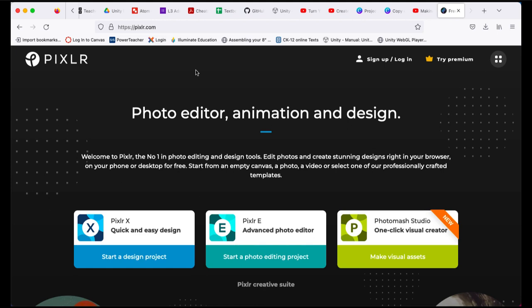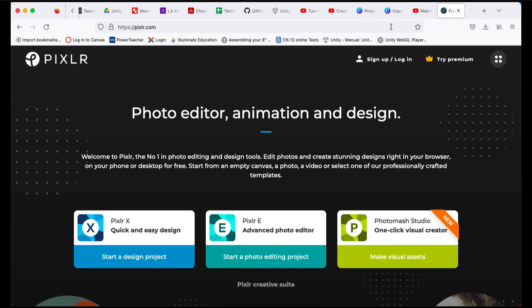Alright, I thought this might be a helpful tutorial for you as you're working on adding your own custom graphics to your Unity Playground project in this lesson. So here's a website called Pixlr.com. You can use this for photo editing, and this will be cross-platform, so it'll work nicely for you to take a graphic that you've drawn, maybe in Google Draw or somewhere else, Canva or Windows Paint, and if you need